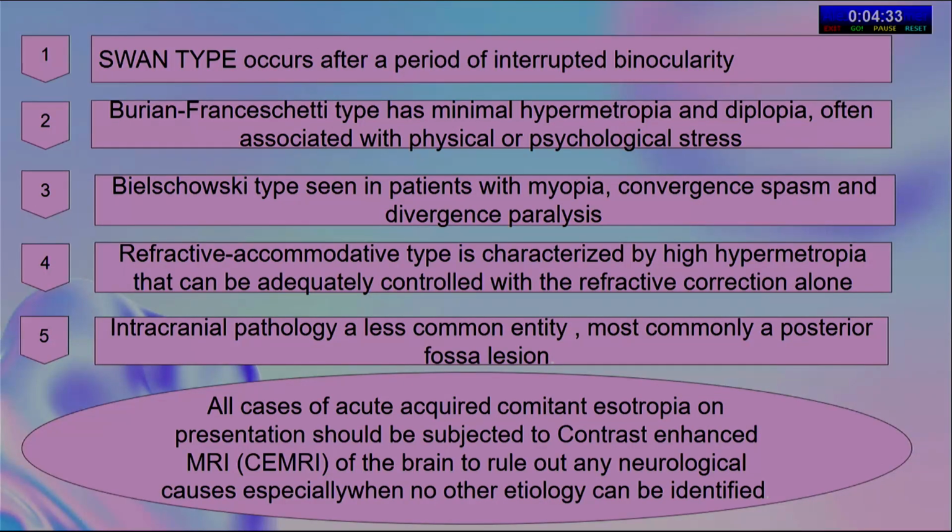It has been classified into 5 types. First is Swan type, which occurs after a period of interrupted binocularity. Second is Berrien-Franchetti type, which has minimal hypermetropia and diplopia, often associated with physical or psychological stress. Third is Bielschowsky type, which is seen in patients with myopia and convergence spasm. Fourth is refractive type, which is due to any uncorrected refractive error already present in the patient. And fifth is any intracranial pathology, which is a less common entity and is most commonly associated with posterior